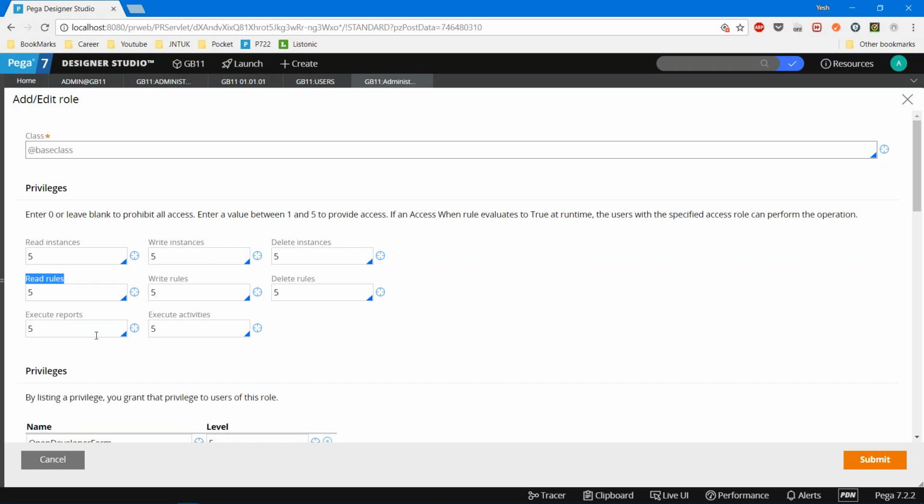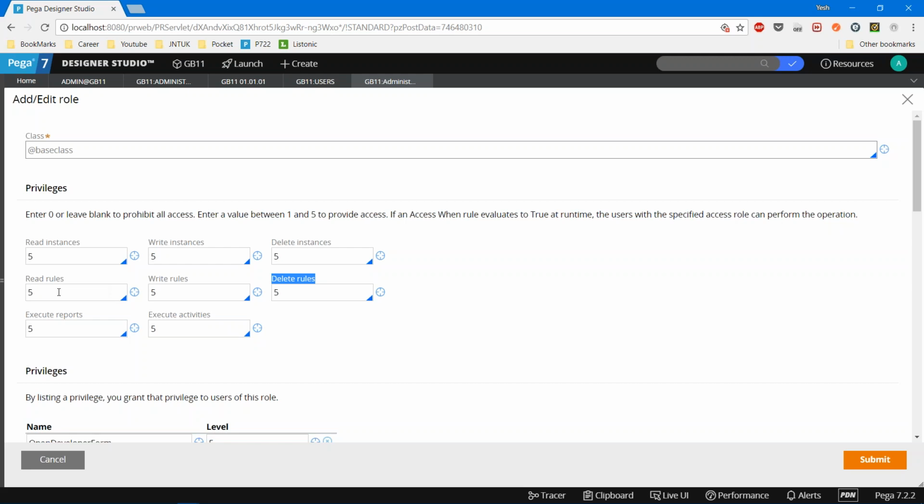Whenever we are executing any rule or any scenario, what is the indirect meaning? What is a scenario comprising of? Multiple rules which are connected in the background. So all those rules we are reading. When I say that a scenario is getting executed, it means indirectly PRPC is reading all the rules. So read rules, write rules. Whenever we are creating or modifying rules, it is nothing but write rules, delete rules.